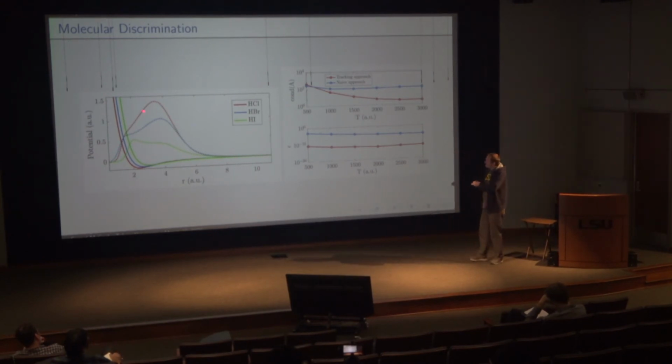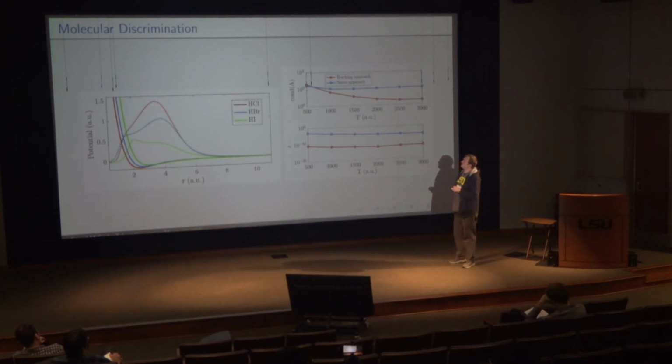And so if we apply our tracking strategy to this, we've got something here that we're calling a naive approach, which is where you just use a transform limited pulse. You throw that into your mixture, so you have some random numbers determining the different concentrations, and you see what the output is, and then you just try and invert that.